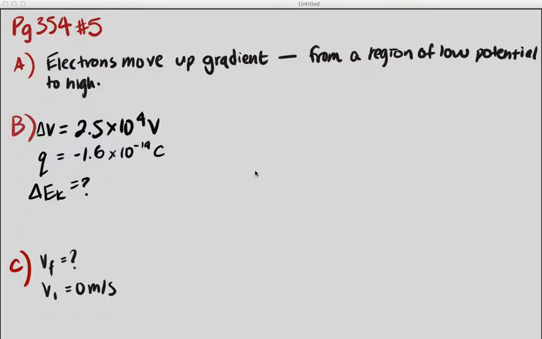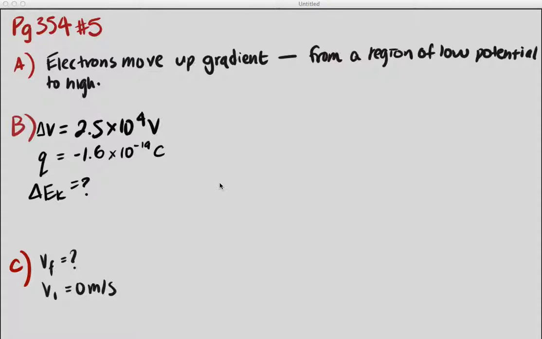So I will be doing page 354, number 5. And the question is asking, the electrons in an old TV picture tube are accelerated through a potential difference of 2.5 times 10 to the power of 4 volts. So part A asks, do the electrons move from a region of high potential to a region of low potential